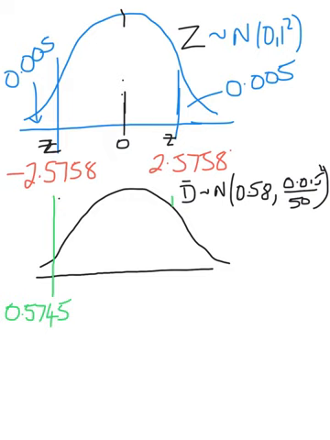So if we just recap here, what I've got is my standard normal Z distribution with a mean of 0, standard deviation of 1. I've worked out my first Z value, so we're doing a two-tailed test at the 1% level, so 5% here. What I've found so far, my first Z value is minus 2.5758 and the upper tail 2.5758, the positive, so we've got plus and minus 2.5758. And using the formula, I've subbed in my minus 2.5758 for my Z, and I've then subbed in the mean of 0.58 and divided by the standard deviation 0.015 over root 50, which has given me my first value